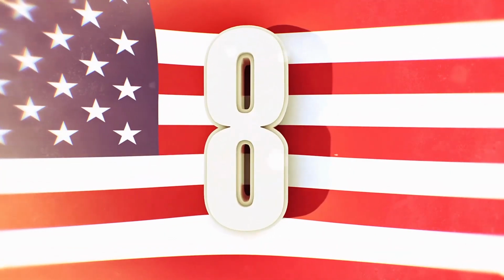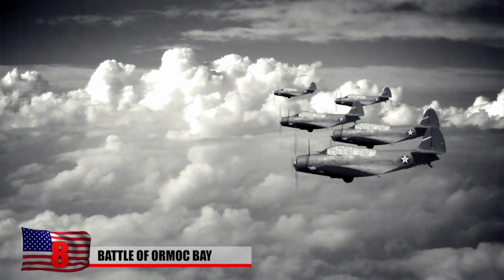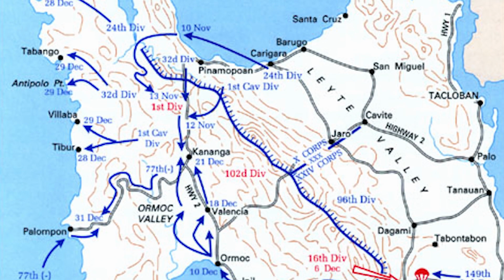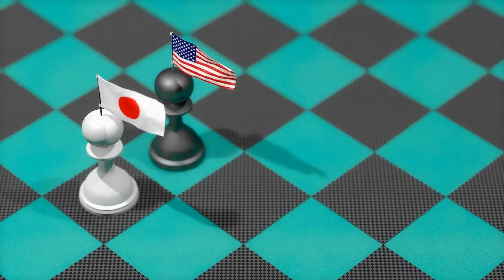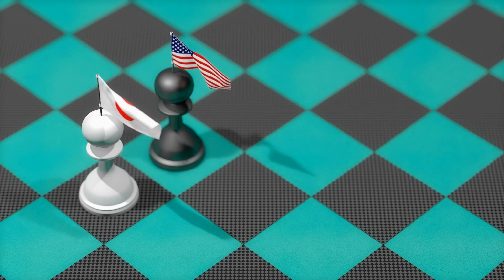Number 8. Battle of Orok Bay. The Battle of Orok Bay was one of the most significant naval battles in World War II. It was a series of naval actions that took place in the Pacific theater of the war between November 11th until December 21st, 1944. The battle was fought between the US and Japan, two powerful naval forces that had been